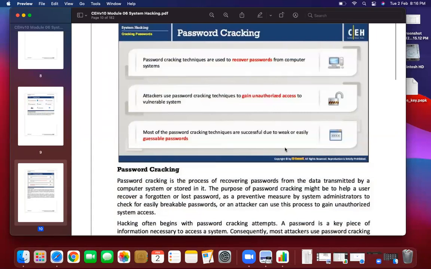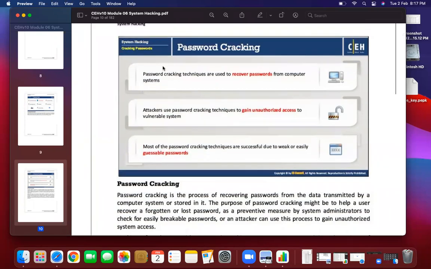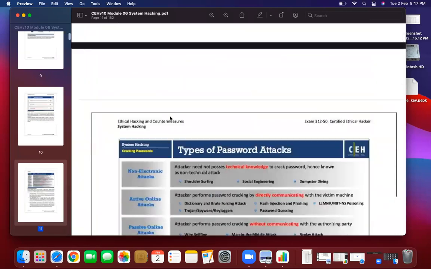Why? Because of weak or guessable passwords. I think many of you have your password as your phone number, year of birth, date of birth, month of birth, like that, your name at the rate this, your last name at the rate 321, phone number at the rate 123, like that. These passwords are guessable and can be easily hacked using different password attacking methods such as brute force or dictionary. I will explain it later what is brute force and dictionary. So never ever use any guessable password.